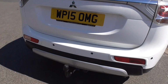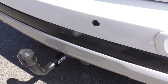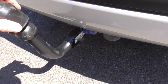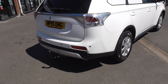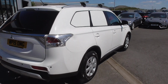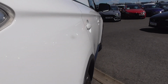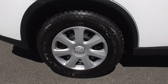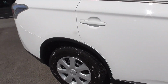This one has a detachable tow bar, which when I take off the cap, it barely looks like it's ever been used. We've got reversing sensors on there, chrome rear plate, clear indicator lenses, but the paintwork, as I say, is in superb order. There is nothing I could sort of show you which would be detrimental to even purchasing this vehicle. Wheel trims are all in lovely condition,